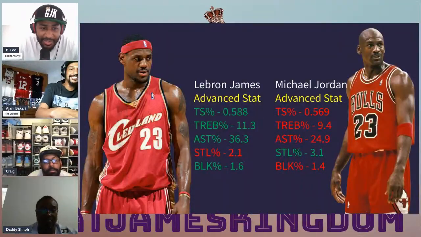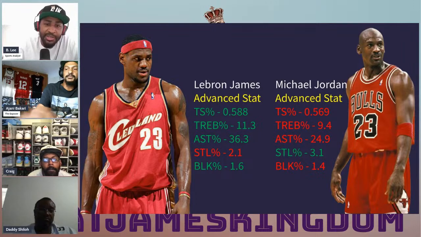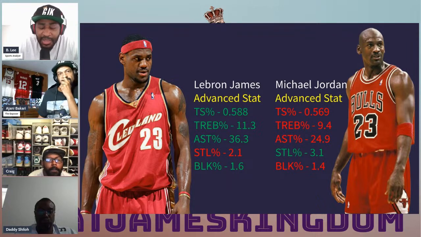And I got this stat that comes up, and this is just what you do against your true shooting percentage. We all know that's the percentage that you shoot, field goals, free throws, 3-pointers. So that's just what you're shooting on the court. Total rebounds percentage is the total rebounds that you have against your teammates, the assists, the same things, the steals, the blocks. LeBron's higher than Jordan, and he's higher than Jordan because he does more on his team because of Jordan. Like, this does not make him a greater player than Michael Jordan because what he does against his teammates,